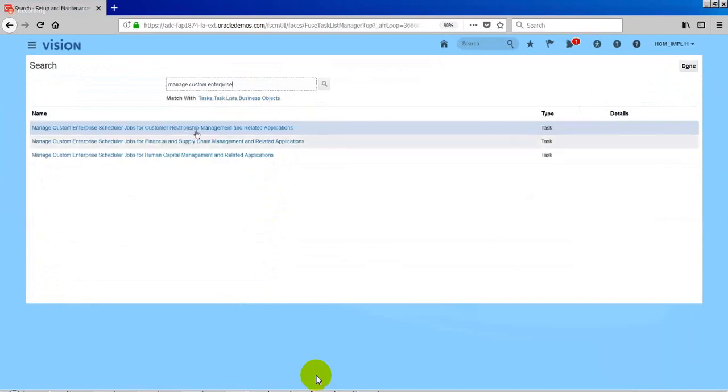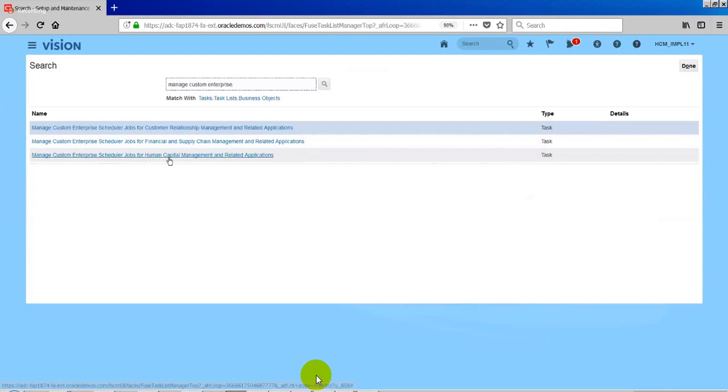So what happens here is, all the enterprise scheduler jobs are segregated based on the licensing we have. We have CRM licensing, so all the CRM jobs will be segregated into the manage custom enterprise scheduler jobs for customer relationship management and related applications. Similarly for financial and supply chain management, and similarly for human capital management.